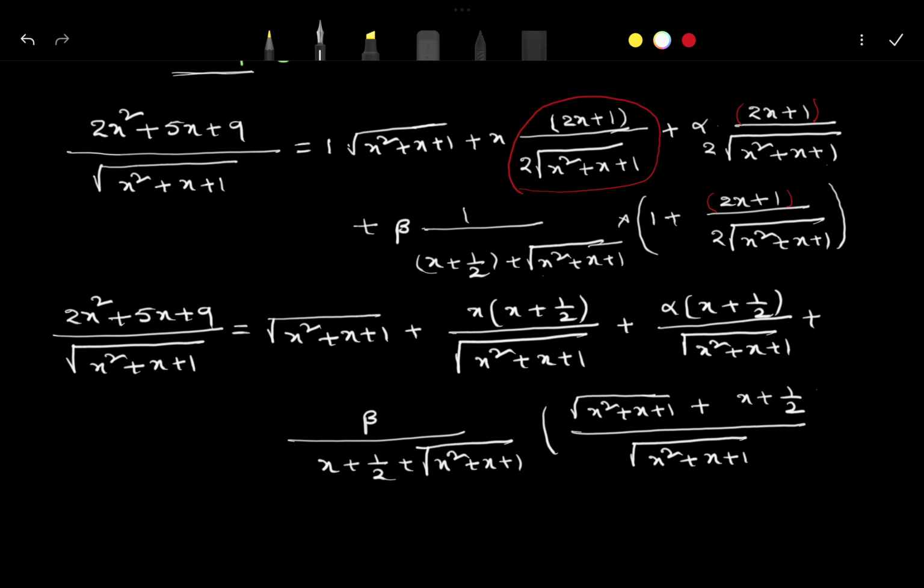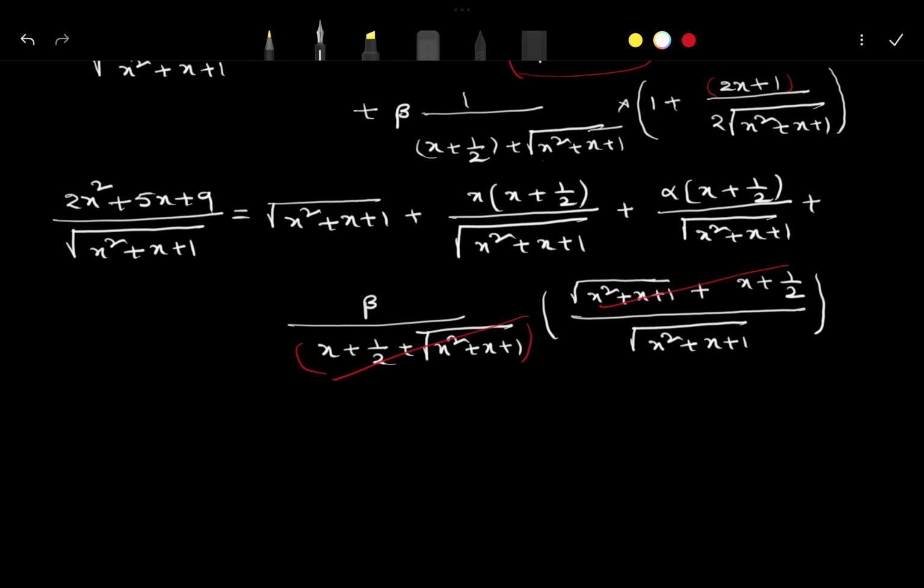So I hope this one is very clear to all of you. Now after this, you see the denominator part and the numerator part will cancel. And what is the remaining value? Here the left hand side will be (2x² + 5x + 9) divided by √(x² + x + 1)